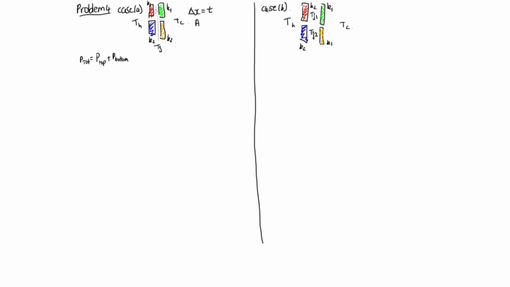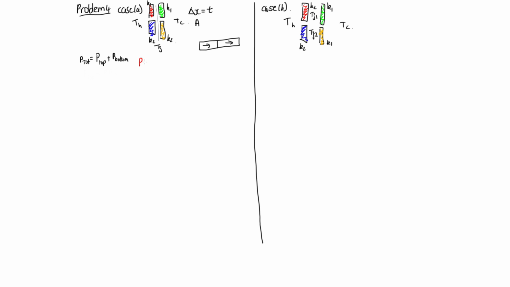Now, hopefully you remember one of the important rules we saw. We saw that we had to have heat flow which was constant throughout a bar. So if we had a bar which was made of two materials, then the heat flow through this part was the same as the heat flow through that part. Otherwise, we'd end up with a hot or a cold spot in the middle. So let's call the heat flow through this red one